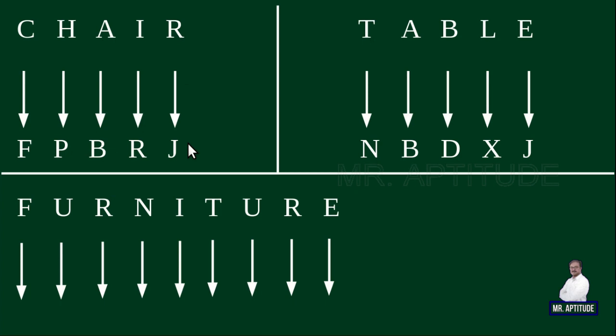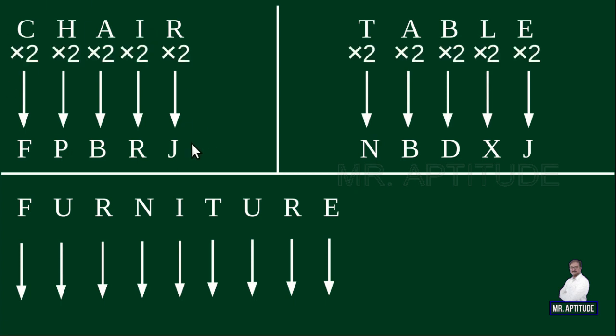Once you go with their place values, C is 3, F is 6, 3 twice is 6. H is the 8th letter, P is the 16th letter, 8 twice is 16. A is 1, it's 2, 1 into 2 is B. I is 9, 9 twice is 18, R is 18, 18 twice is 36, the 36th English alphabet. 36 minus its nearest 26 multiple. 36 minus 26 gives you 10. The 10th letter is J. So R is coded as J.